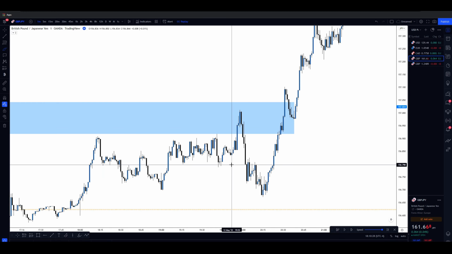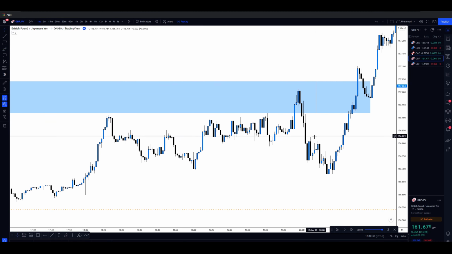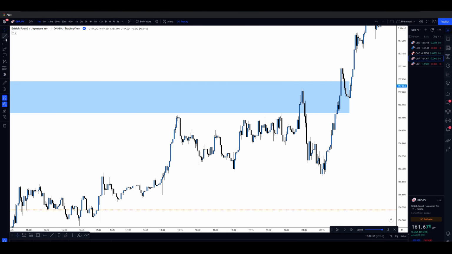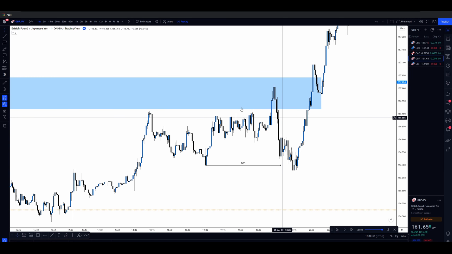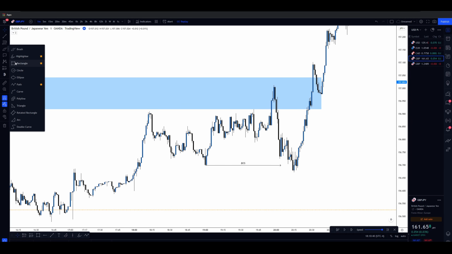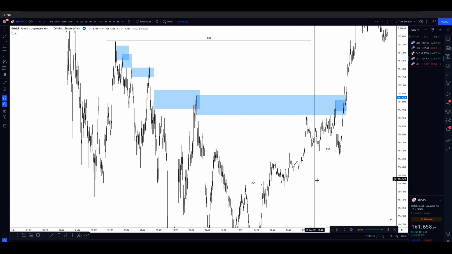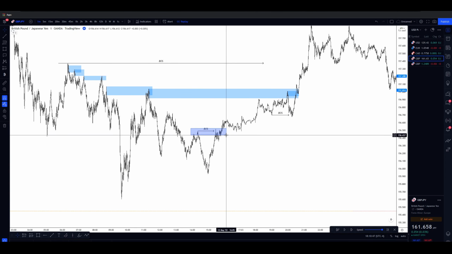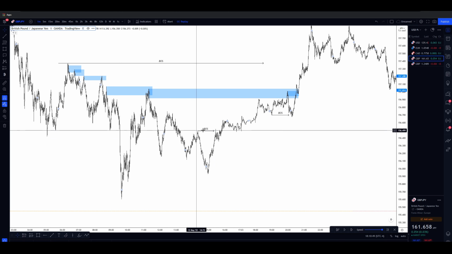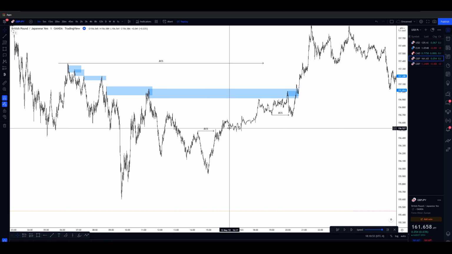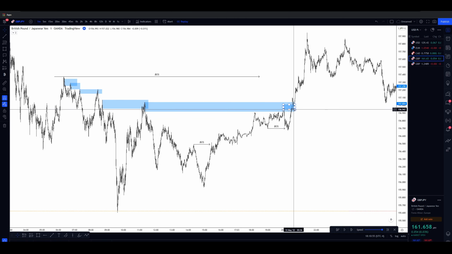Now if we look at this from the smaller time frame, we can see that yes, it gave you a break of structure right over here, or a change of character, whatever you want to call it. It gives you that change of character. We grab liquidity, yet the market just did not respect this institutional candle. It didn't. Why didn't it do it? Well, it's because microstructure was broken from this point. So the second you saw that micro BOS, you were no longer looking to buy that, or you're no longer looking to sell. All these supply zones would be invalid.